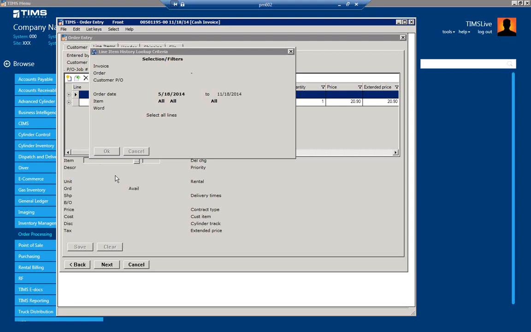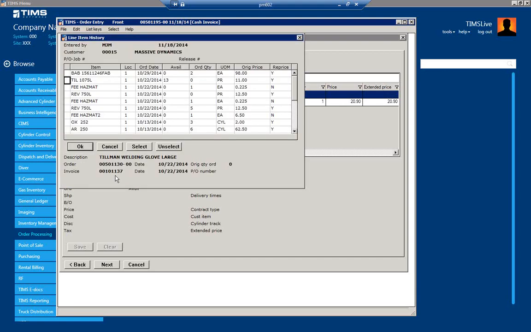So let's say the customer said, yeah, I want that glove that I ordered back in October. Okay, I can highlight that. So I arrow down, I've got that Tillman glove highlighted. Now, I've got a couple ways to select this. I could either click on select, or better yet, if you're into keyboard shortcuts, do this. Whenever you hit the Alt button, like I just did, now notice